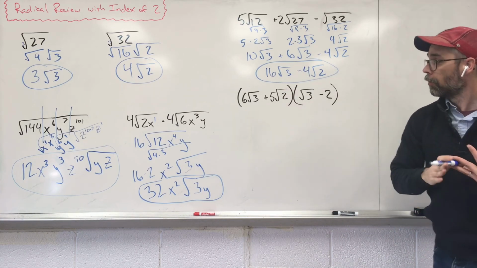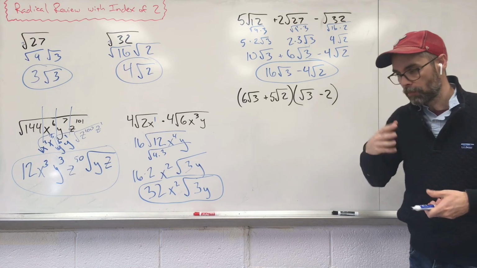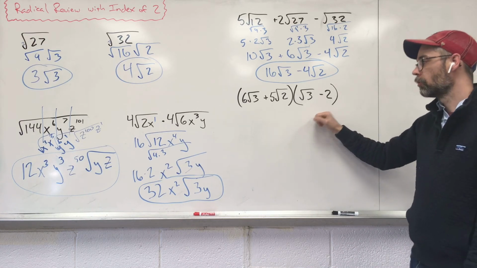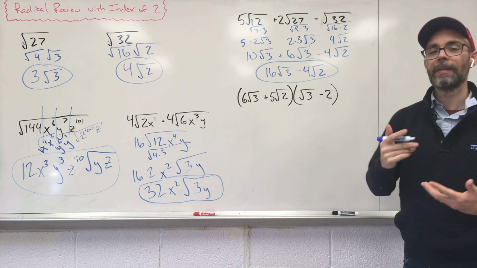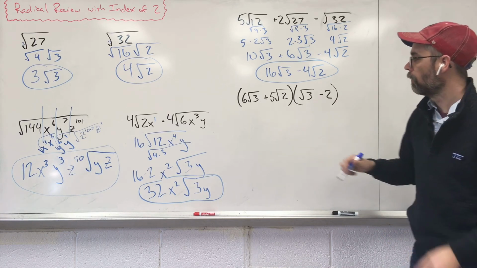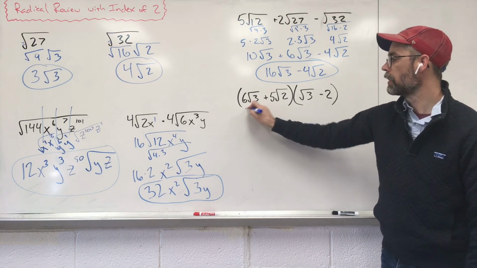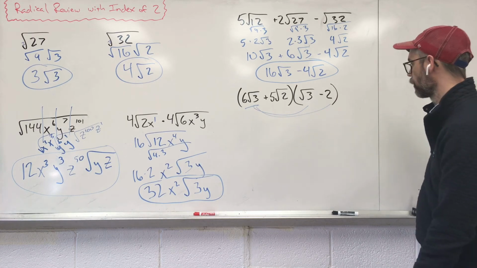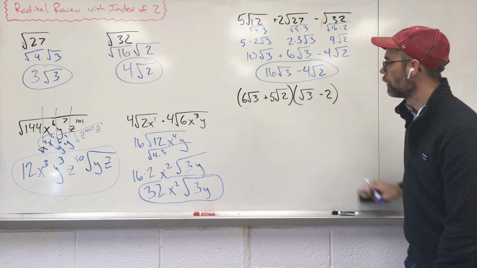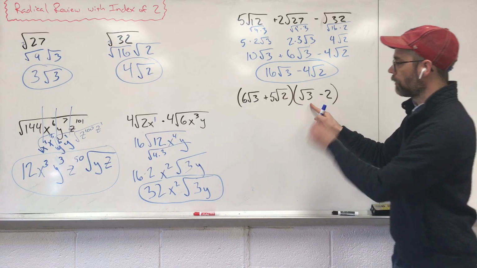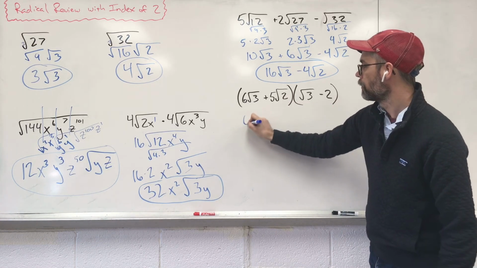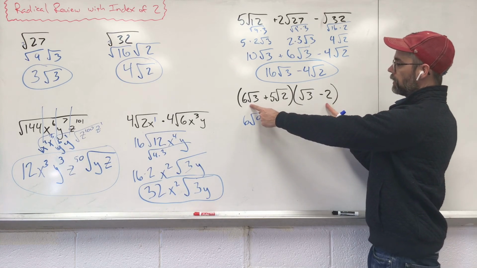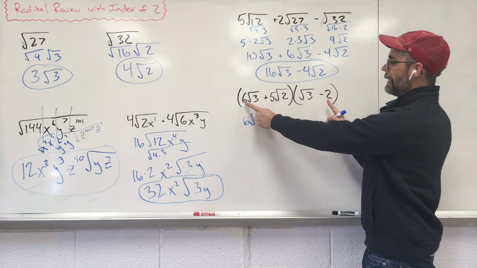And probably the most complicated, or maybe the most work-intensive one, is multiplication. So with multiplication, we need to remember that we need to distribute. So I'm going to take this 6 radical 3 here, and I'm going to distribute to everything in the second parenthesis first. So let's do that. 6 radical 3 and radical 3, I get 6 radical 9. 6 radical 3 and negative 2 gives us only these outside numbers, so negative 12